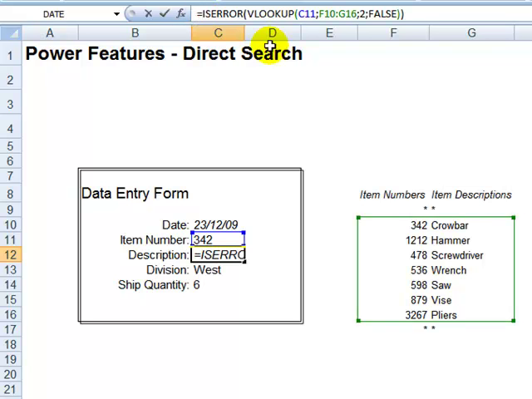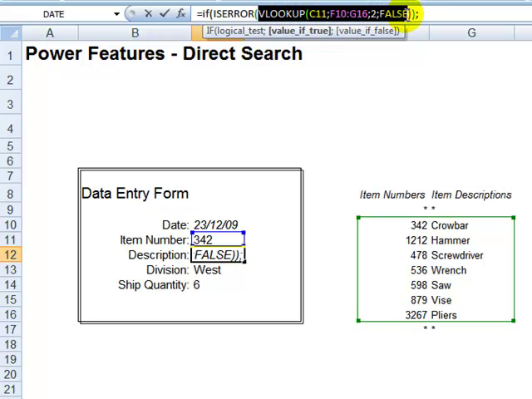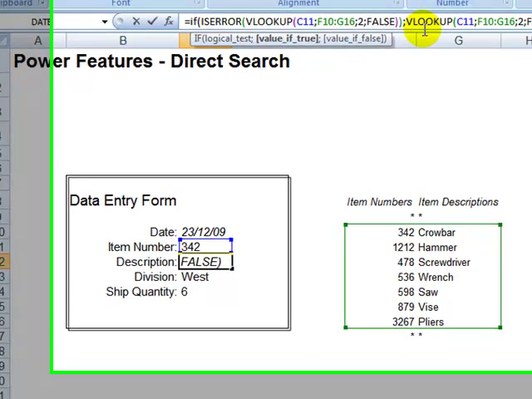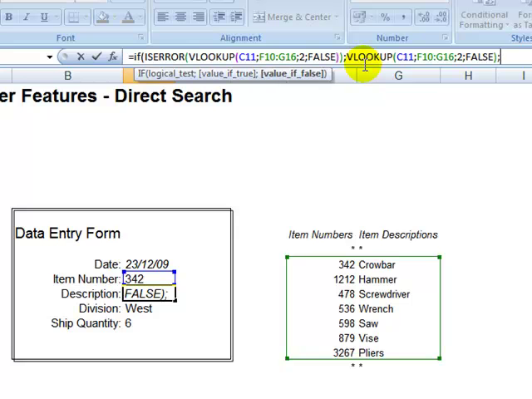So what I will do is the following. I will place this in an IF. So if there is an error in VLOOKUP, then give me the function by itself, since it does not produce an error. So this will give me crowbar, else give me, within double quotes,